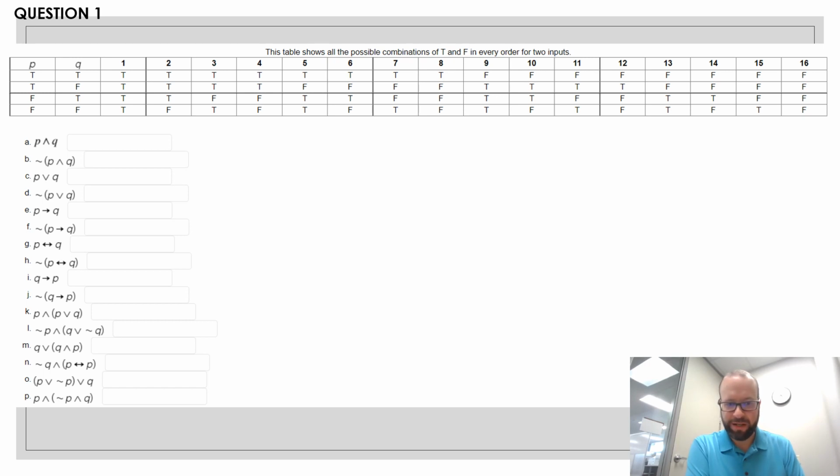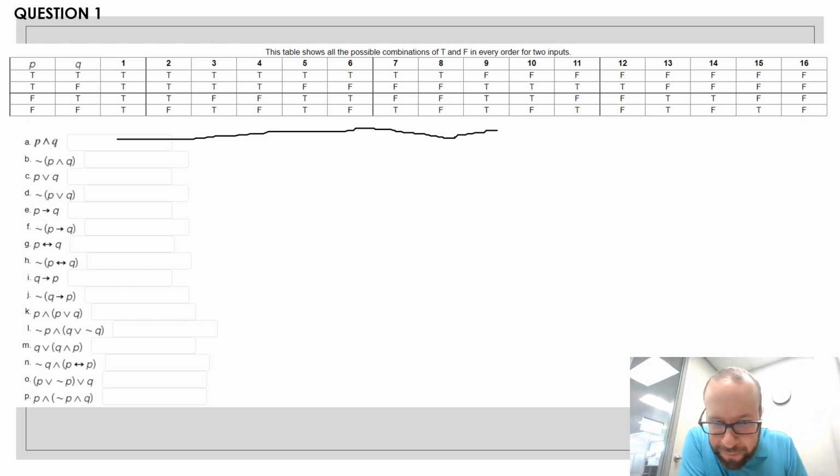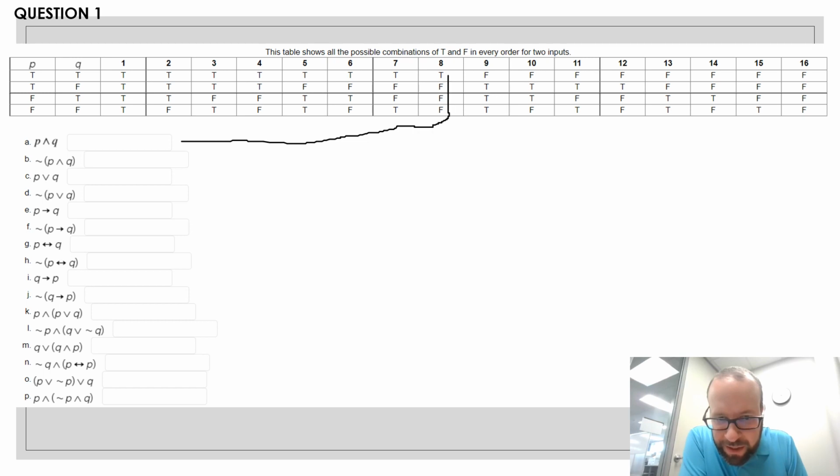is to match these. So if you look at P and Q, the standard truth table for P and Q is true, false, false, false. Looking across the row here, I see that true, false, false, false is, oh no, I went past it. Hold on, y'all. True, false, false, false is right here. It's number 8. So for P and Q, I just want to put the number 8 in the blank after it. Okay, then next, I want to look at,